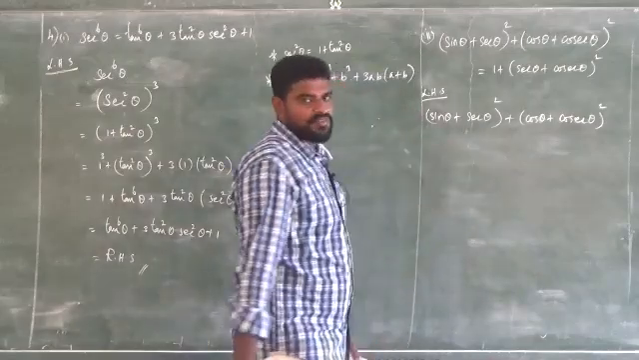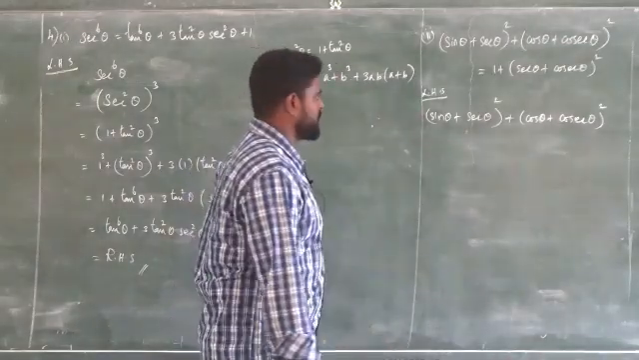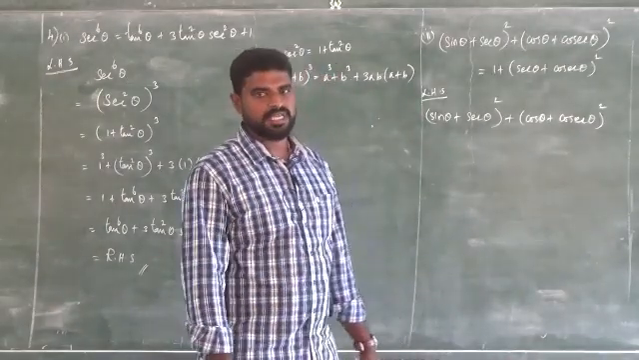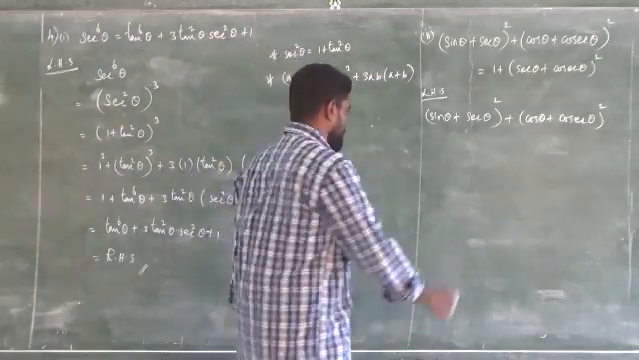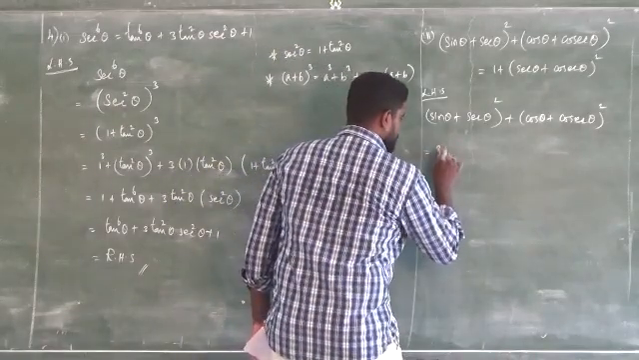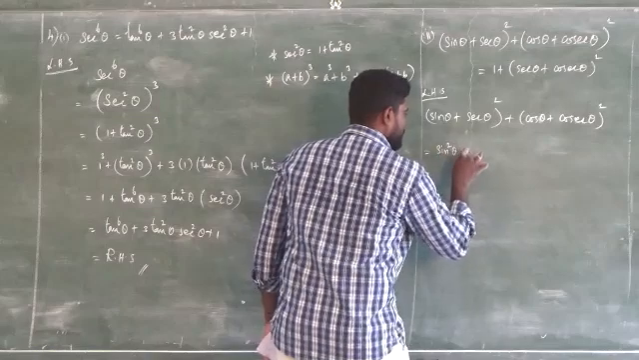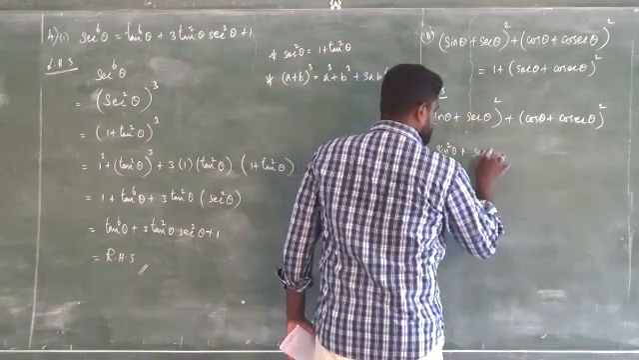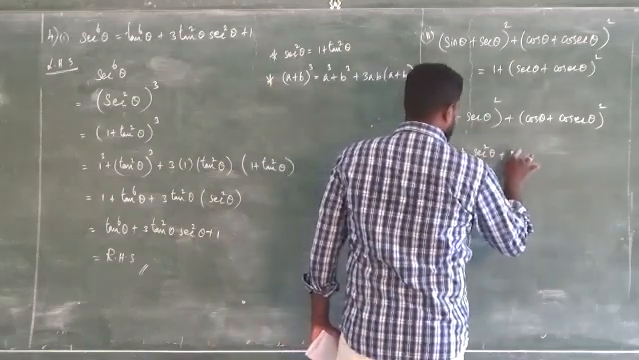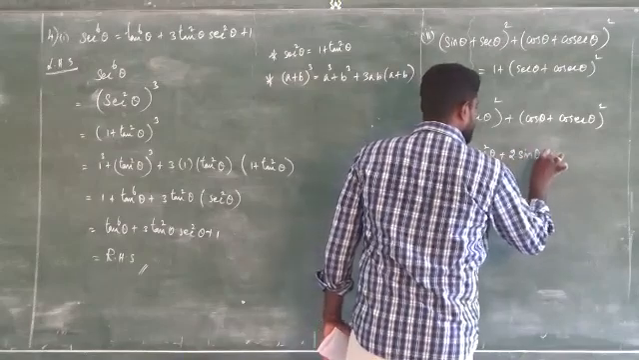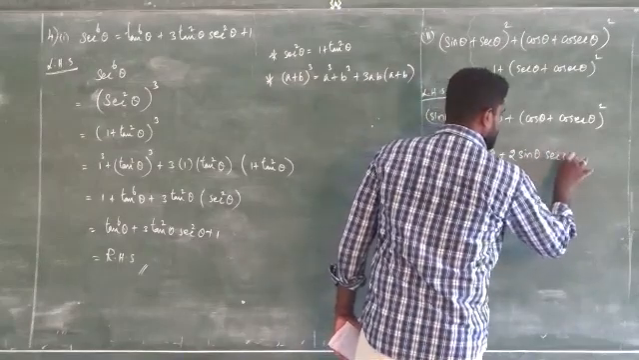So it is in the form of a plus b whole square. We know very well the formula for a plus b whole square. It is a square plus b square plus 2ab. So a square it is sin square theta plus b square it is secant square theta plus 2ab. So 2 sin theta secant theta plus